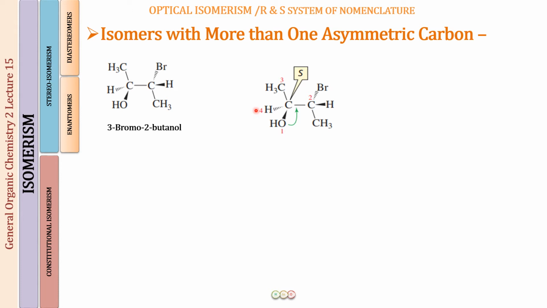Once that is done, because this is the wedge and dash projection for the compound, you have to see that priority group number 4 should be on the hatched wedge, or with the dotted lines, dash. Fine. So you see that hydrogen is with a dash, so you do not have to think about anything else. What you have to do is put an arrow from priority group number 1 to priority group number 2. And when you do that, you see that this is in the anti-clockwise direction. So this chirality center C2 has an S configuration. Similarly, you can do the same thing for this C3 also.